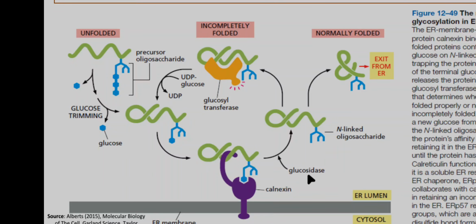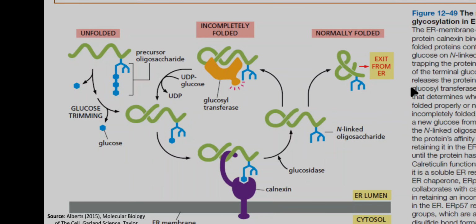It checks and removes that glucose unit with the help of the same glucosidase. Here the N-linked oligosaccharide is present, but there is no glucose. As the 3 glucose are sequentially removed, it will again recheck whether it is folded correctly or misfolded. If it is normally folded, it exits from the ER lumen to the Golgi